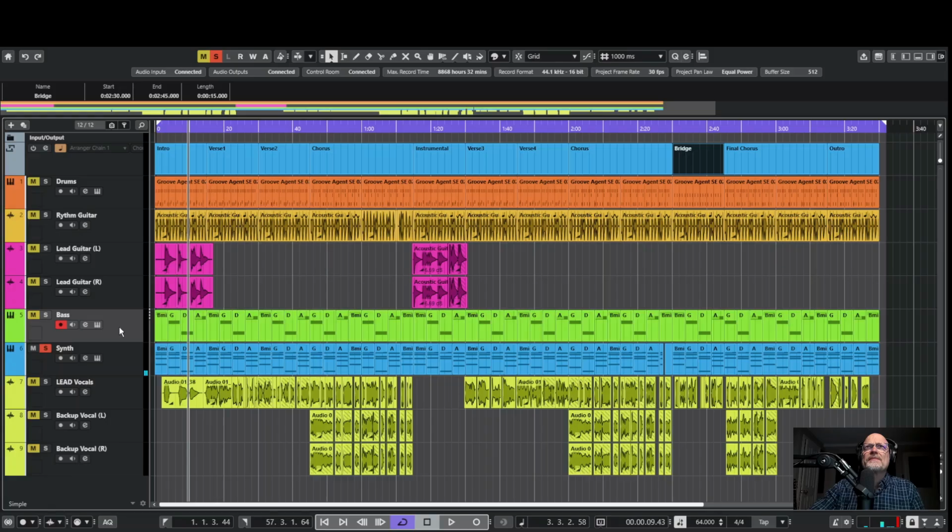Now, from there, what I'll do is, sometimes in this particular song, I can't remember which one I did first. Sometimes I'll do the backup vocals right after I do the lead, before I add in these other instruments. And you'll see I have a left and a right. Now, I do that on purpose. I'll do one track, I'll record it, and then I will copy it, and then I will change the level to the left on one and to the right on the other, and I'll offset it a bit